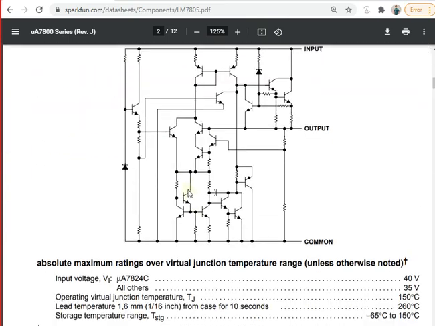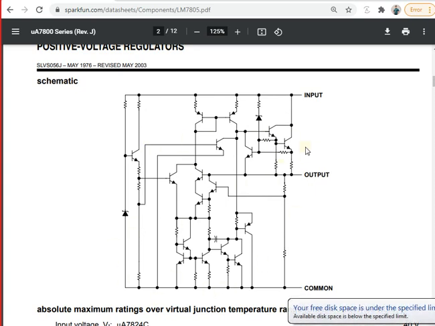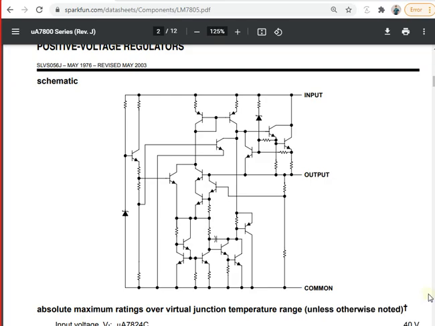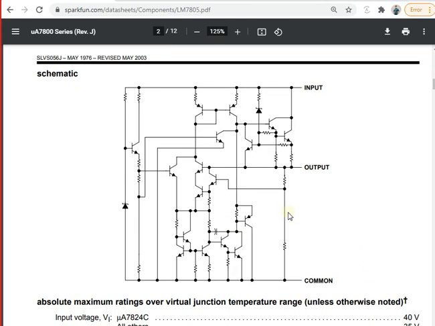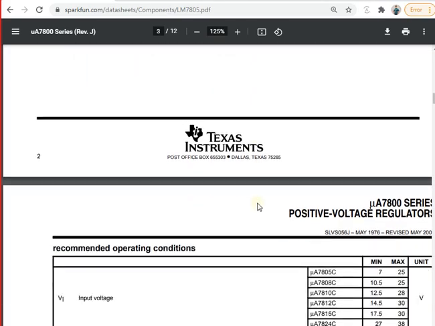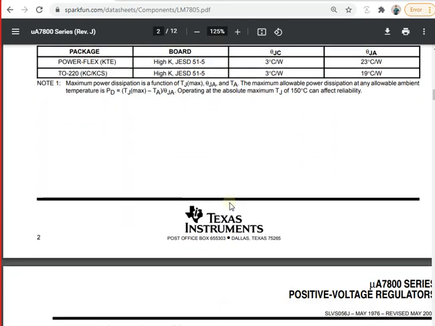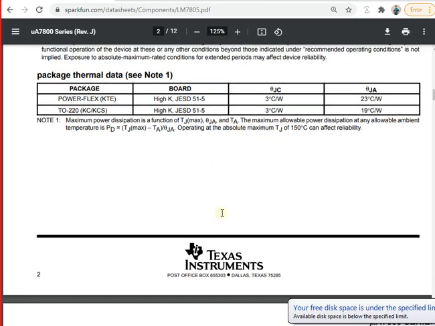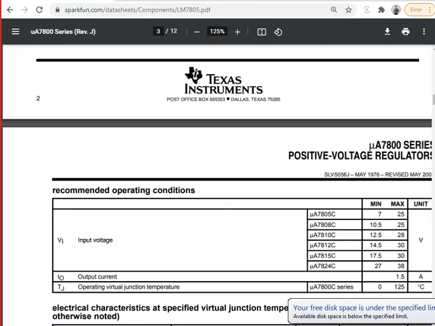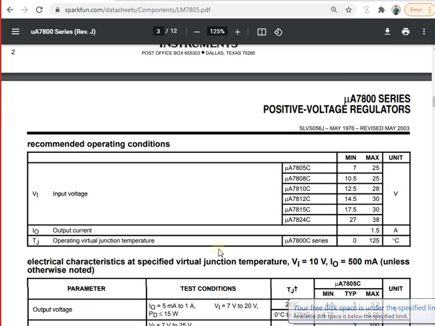Now one thing very important, if anyone is interested in the circuit diagram of this one, it's inside, but I'm not interested in that because I just want to use this IC to get 5 volts out from my pin. Now when you are going to use this IC, I want to just show you how the input voltage is going to change over there. I want to actually talk about the 5 volt version. So if you can see over here,